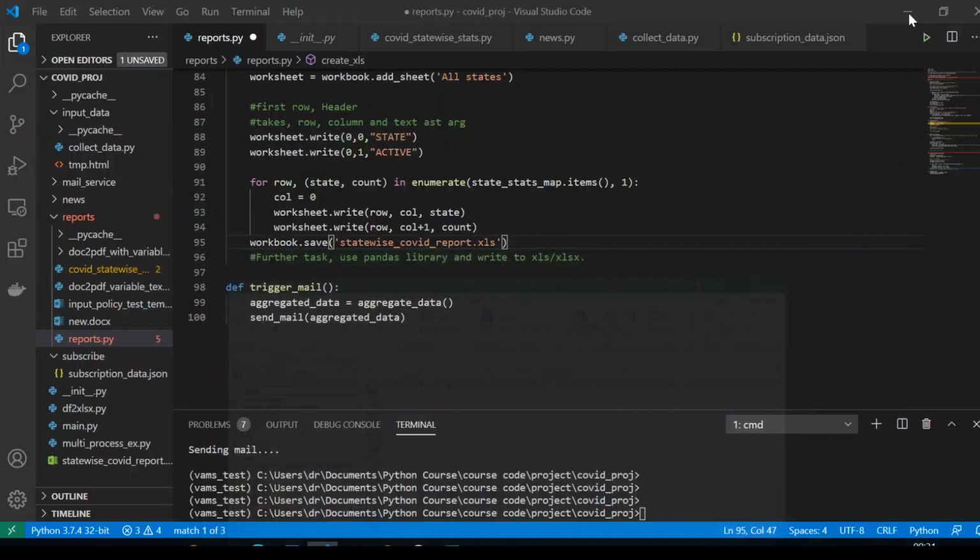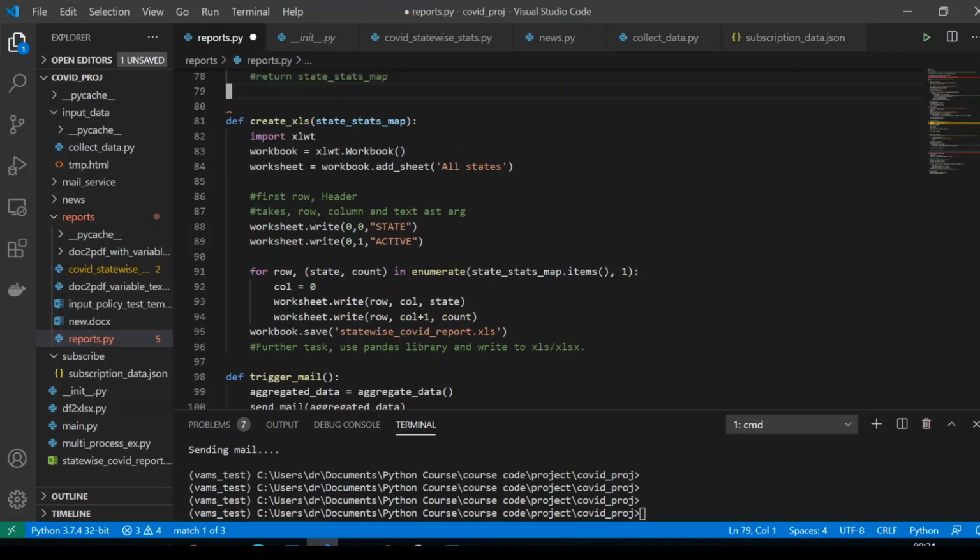In fact, there are a lot of other features in worksheet. You can stylize this, make it bold, draw tables around it, and things like that. Those things you can explore in the particular library. This will help you generate reports, say for example when you are doing some kind of data analysis and sending or making a report. Such things can be easily done using a similar idea. So that is what I had for this particular session.